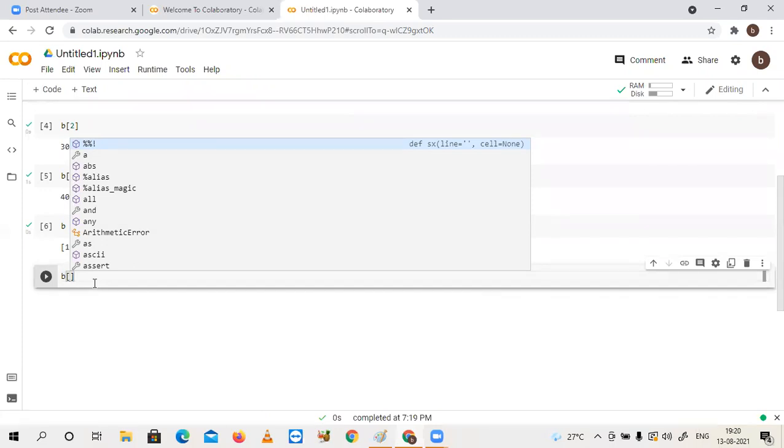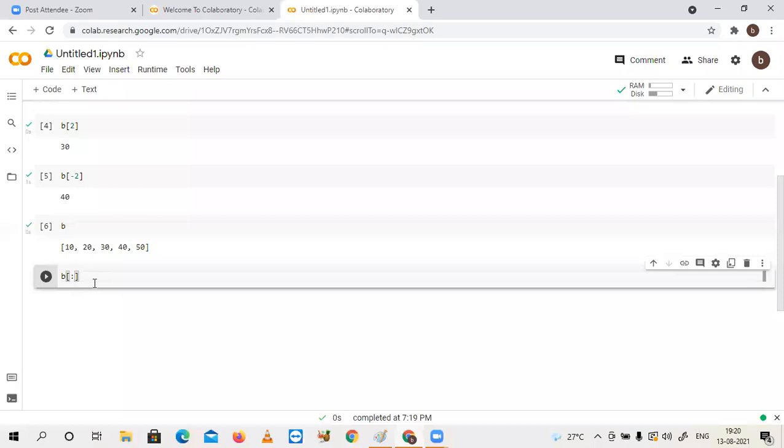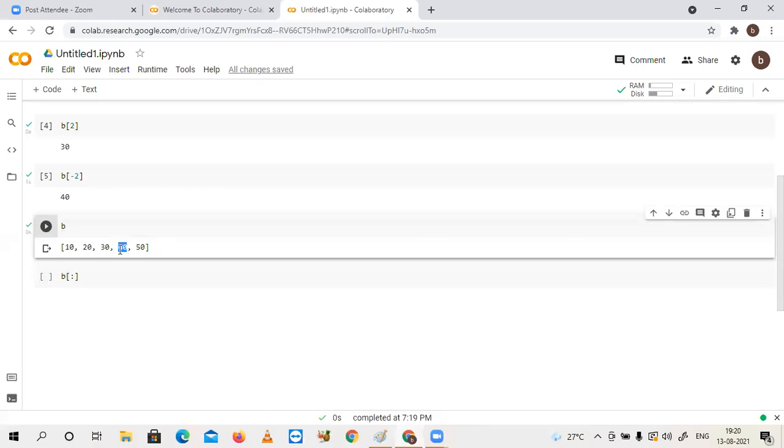If you don't give any start index before the colon, it will take from the beginning automatically. You want the first 3, which means the fourth one is where you stop. What is the index number for the fourth one? 3.